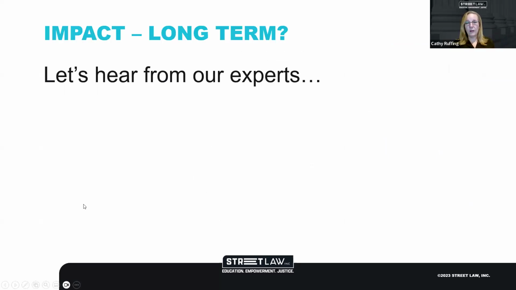Okay, Gregg, why don't we have you go first? What do you think the long-term impacts of this case may be? Well, the best lawyer answer is it depends, and it does. There's a lot we don't know yet. I'll tell you a little bit about my personal views. I disagreed pretty strongly with this opinion. I signed the brief in this case opposing a finding of immunity. So I'm not a fan.